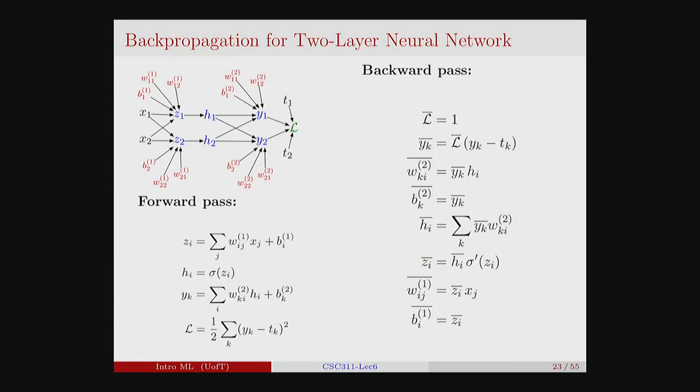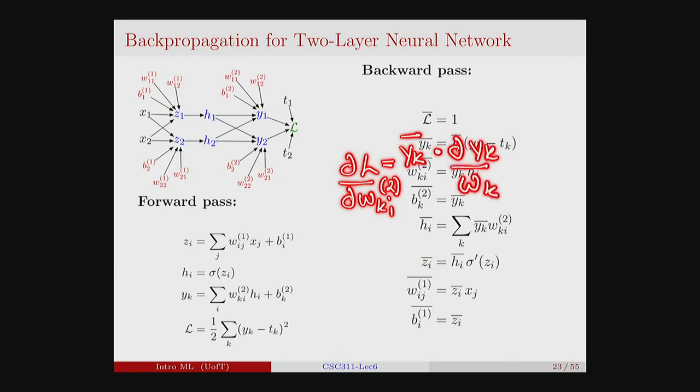And we can compactly write that down as dL/dw_ki^2, where 2 represents the second layer, is equal to y_k bar, which is the derivative of the loss with respect to y_k, times the derivative of y_k with respect to w_ki^2. And to figure out what the second term is, we simply need to look at how this equation behaves,